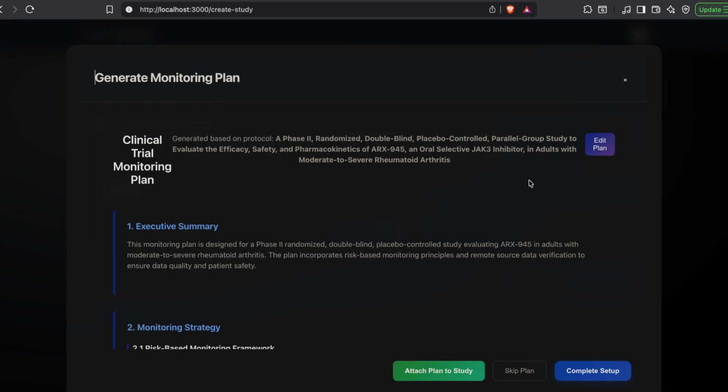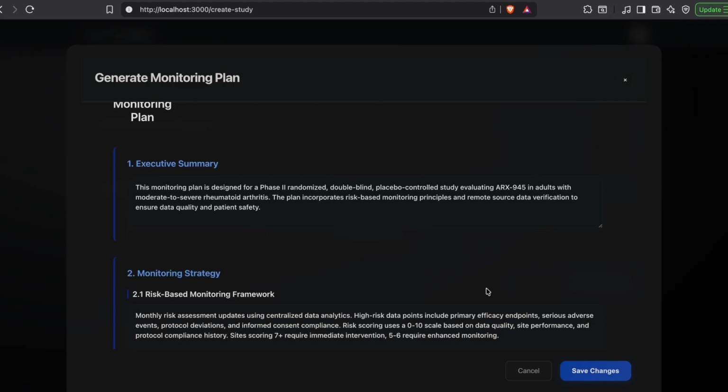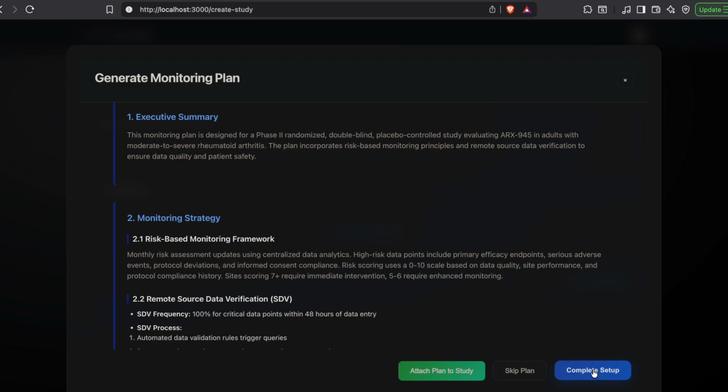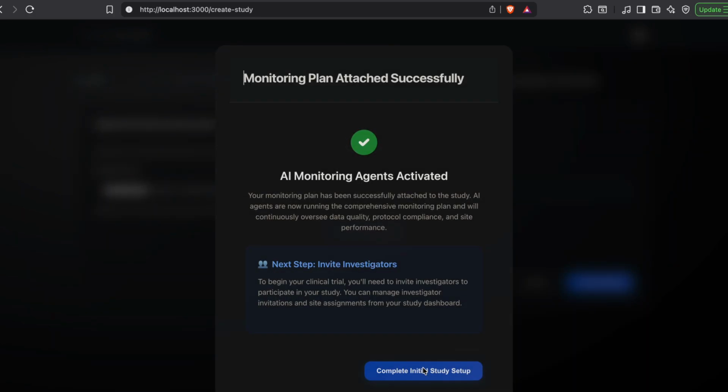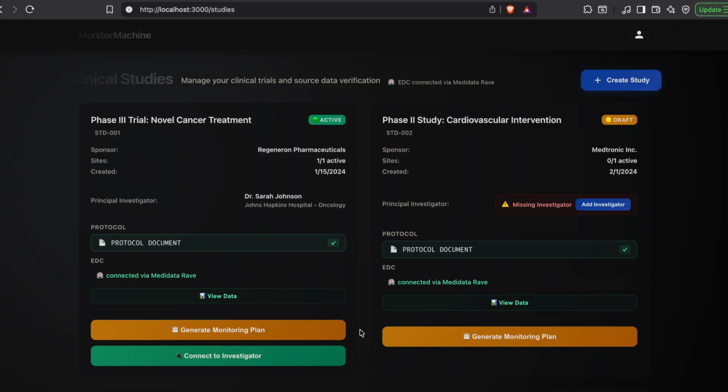You can also edit this plan to perfection if you wish, and you can save your changes and then attach the plan to the study. Attaching the plan to the study allows for agents to perform automatic monitoring based on the plan as the study progresses. We can also trigger the source data verification ourselves,